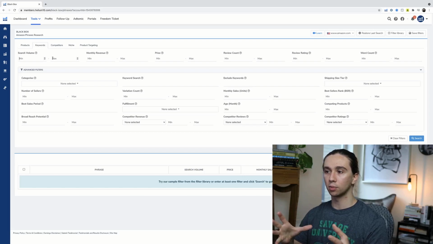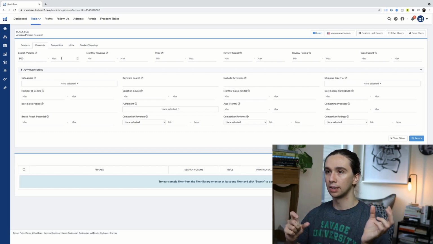Let me just put in some criteria and show you how this works, and I'll give you an overview once we have some live examples. I generally like to put something pretty low in here. By most standards, it probably doesn't make much sense to be looking for things with 500 search volume. But what I've found is that if you can find a market that has 500 search volume for one search term, there's likely to be 15 to 50 other search terms that will also lead you there,